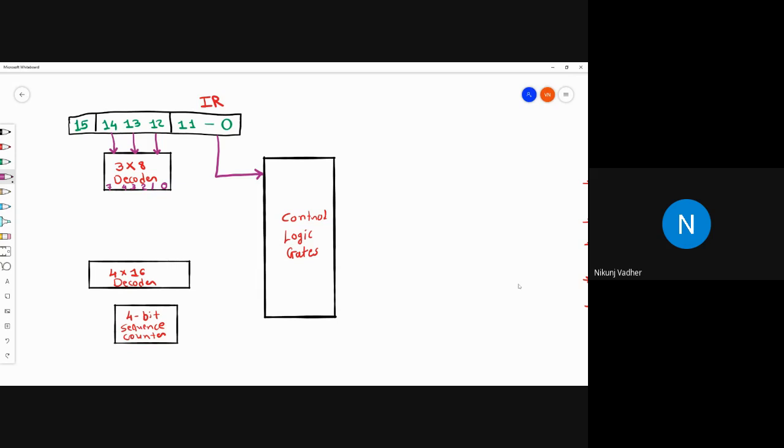This input will be marked as D0 to D7. We will be remembering this D0 to D7, because in the instruction cycle we will be discussing this part only. Then bit number 15 is the indirect addressing mode bit, to specify whether the addressing mode will be direct or indirect.